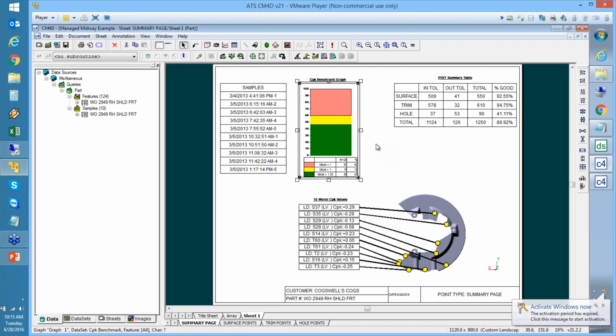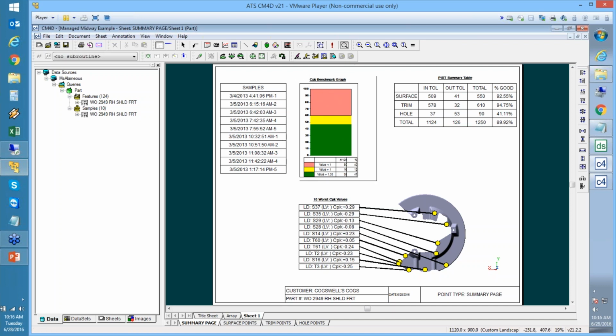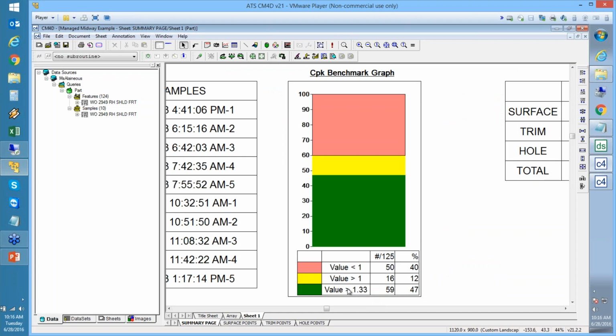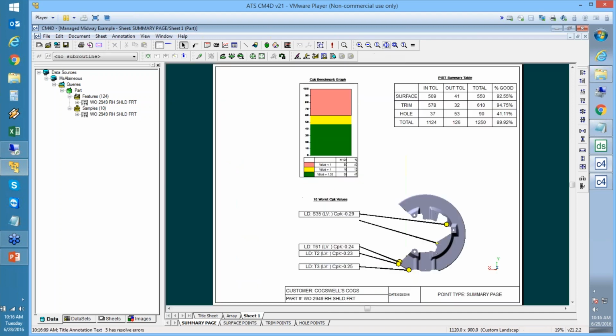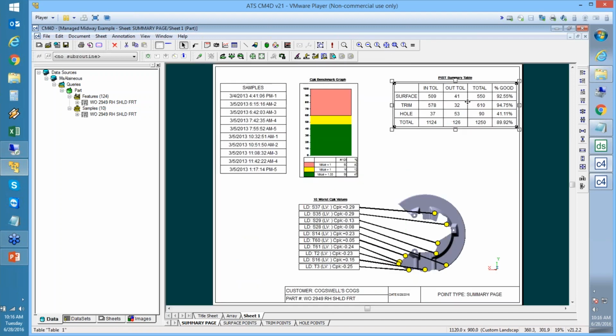As you see, there's a variety of different chart types that we can include in the software. We have a benchmark graph showing values for CPK, statistic values giving you indication of the percentage based on green, yellow, and red, values between or greater than 1.33, between that and 1, and less than 1. We also have the ability to create different tables, line and making, to illustrate, as you see here, different